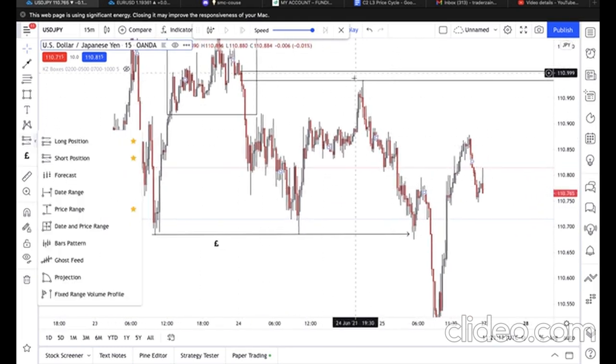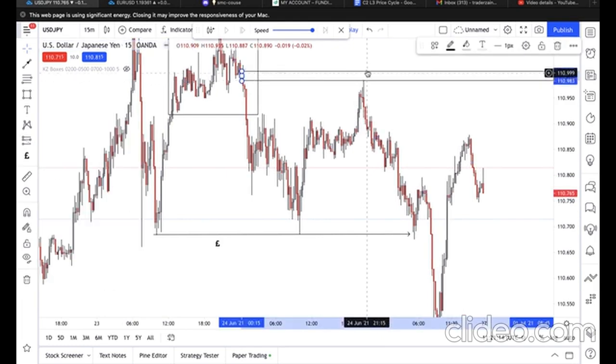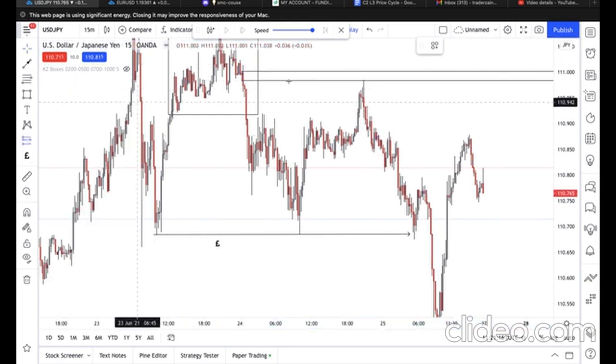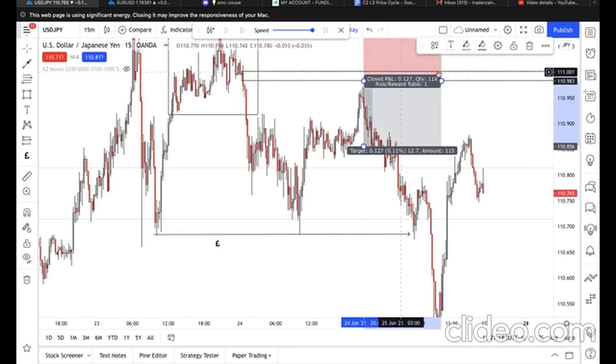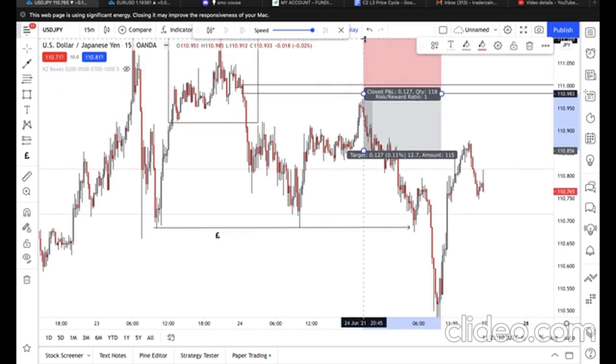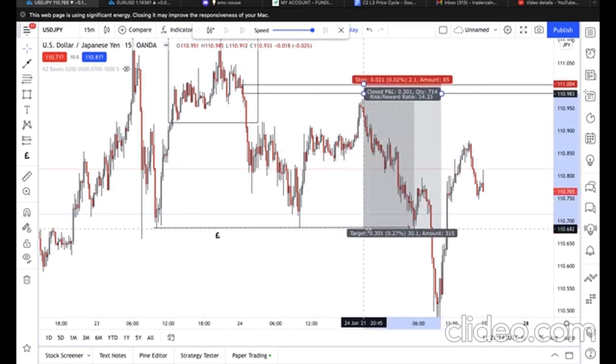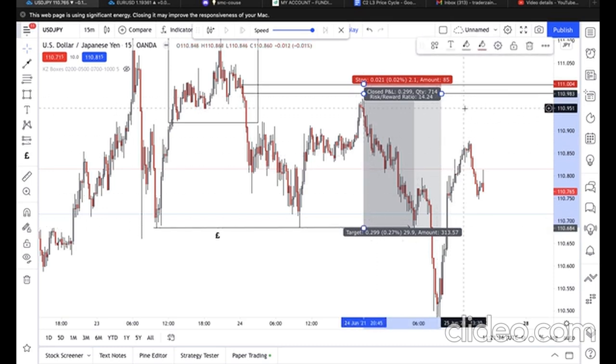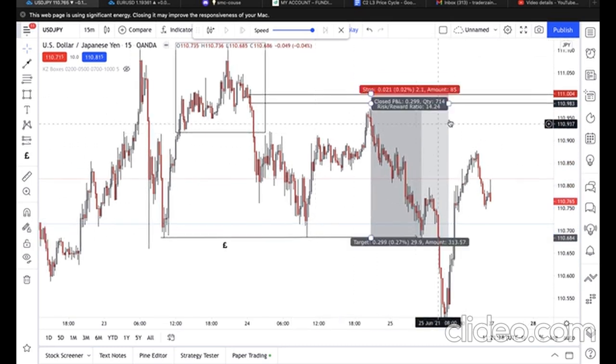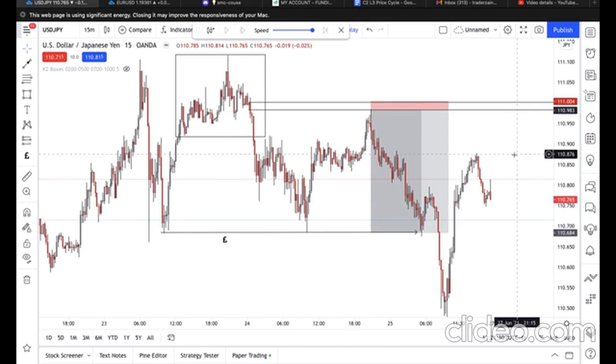Now, if I was to take this trade, I would have entered right here. If you want to be aggressive with your stop loss, you could have had it at the wick of the zone and your TP at the liquidity. You would have caught a nice 1 to 14 risk to reward. But the whole point of this, I want you to understand the cycle: consolidation,